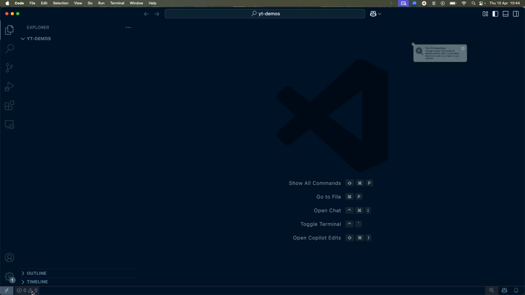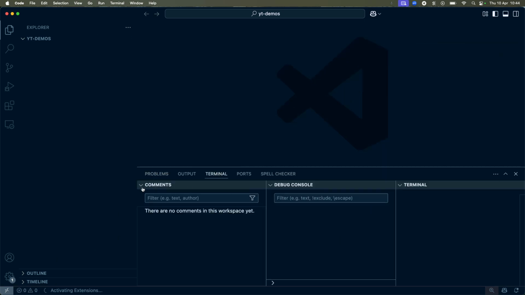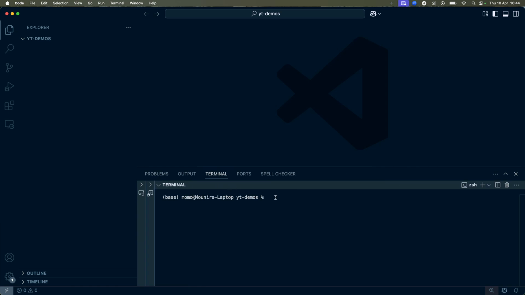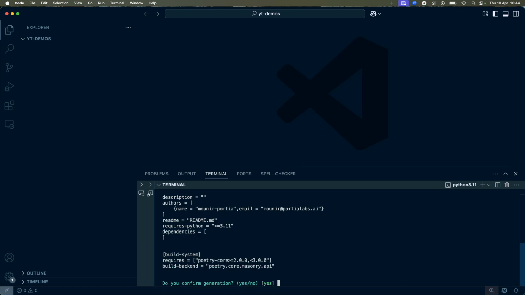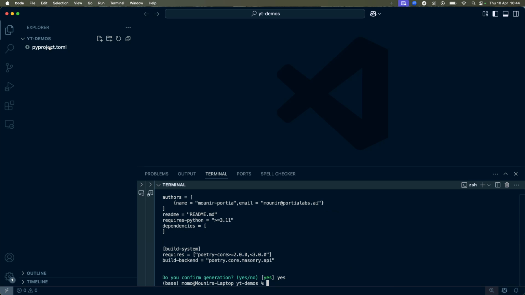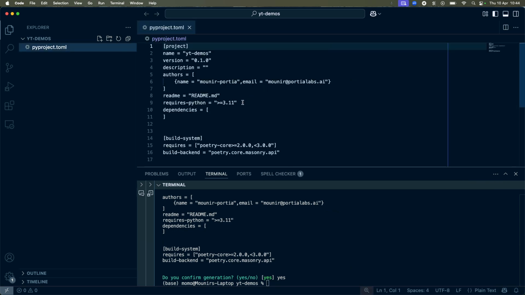The first thing we are going to do is pull up the terminal, and I'm using Poetry to initialize my project here. So I'm just going to initialize the project. Go yes, whatever. And no. Would you like to define dependencies interactively? No, just go and figure that out for me. Continue generation, yes. Now that my TOML file is selected, you'll see here it says it requires Python 3.11,